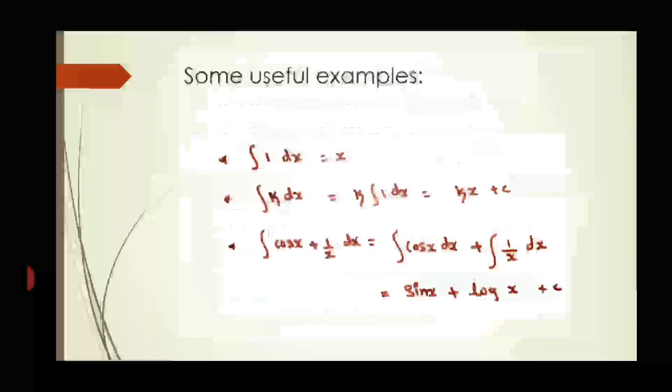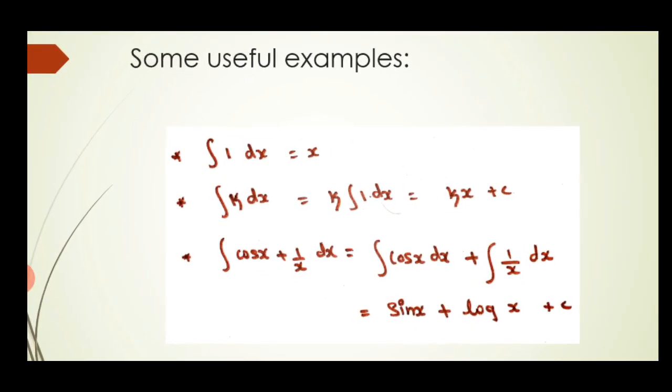Okay, now the third example, integral of cos x plus 1 by x dx. Here we cannot integrate cos x plus 1 by x as a whole, but we can integrate them separately. So give the integral to the cos x first and 1 by x next. So integral cos x dx plus integral 1 by x dx, right? We are going to integrate cos x. So keep in mind, whenever an integral is given, immediately your mind should check: cos x is the derivative of what function? Check like that. Can you understand? So cos x is the derivative of which function? Sine function. So sin x is the answer.